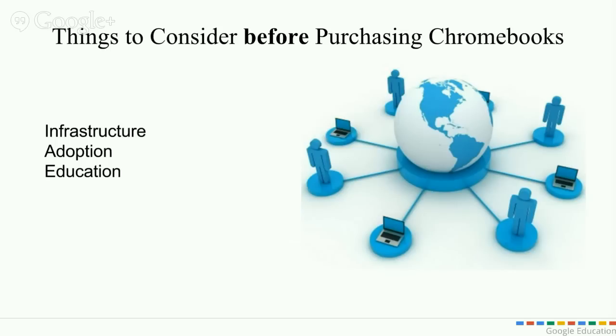For example, when we rolled out Google Apps for Education in 2011, we did a lot of staff education about the product. We did school-wide training, we did unit-specific training, individual training, we answered lots of help desk calls, and we even did something called lunch bites, where we would do